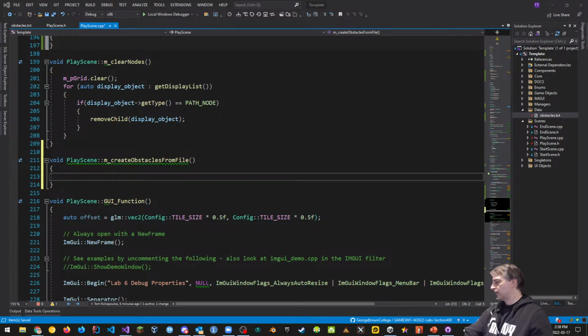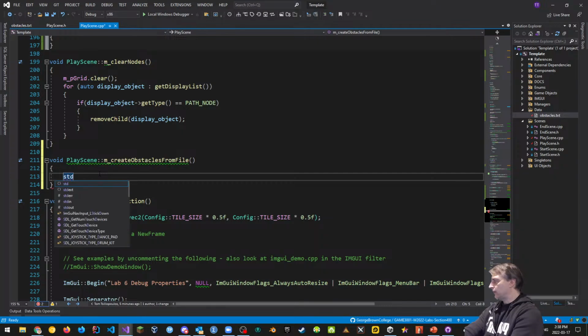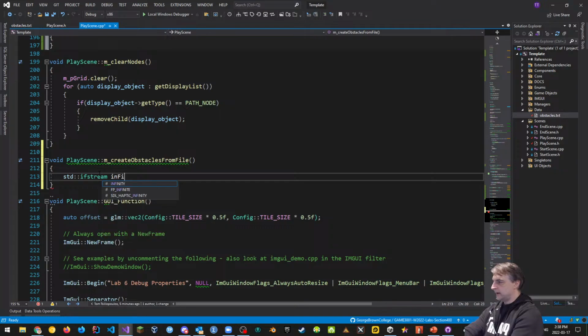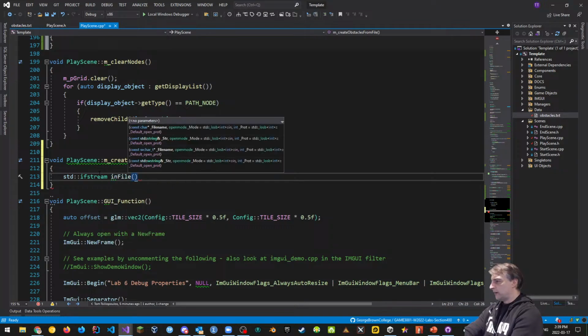So how does that look? Again, a bit of a departure from what Alex did, but still should function okay. So I'm going to use the same code. What we want to do is use a standard ifstream, and we're going to call this the inFile. And we're going to open up /assets.